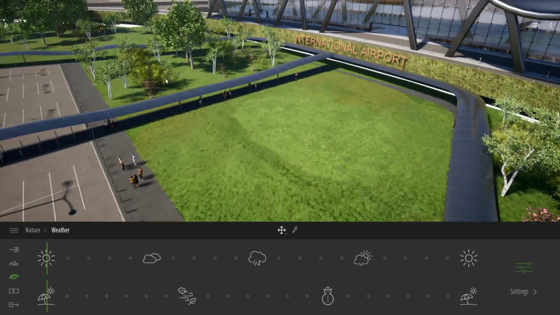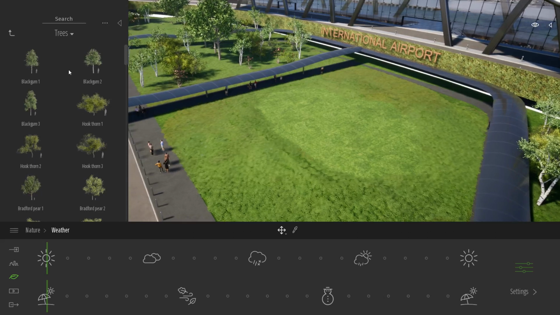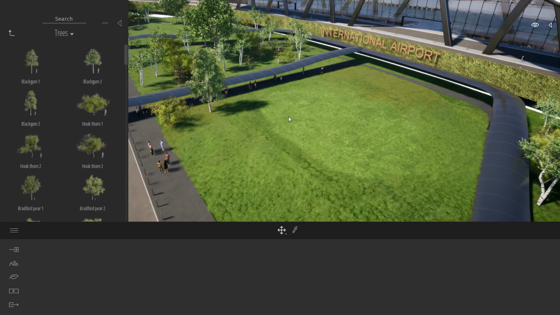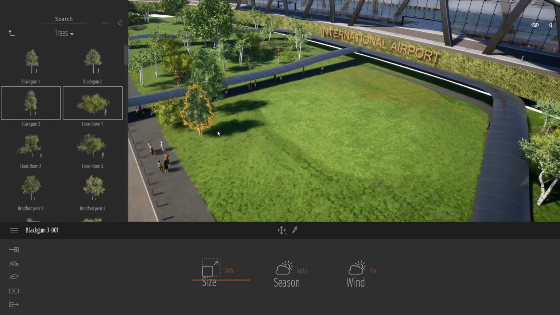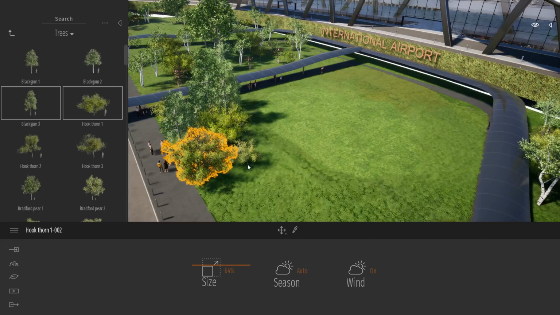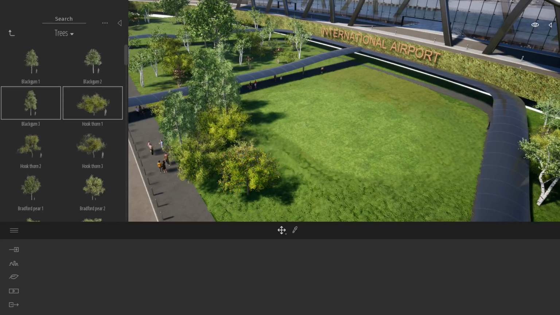While all those trees here have been automatically replaced during this synchronization, we can also add more trees directly from the Twinmotion library. So we just open up our library, go into the tree folder, and drag and drop some assets from the library to the viewport. I can also do a multi-drop. If I select, for example, this one and this one, each time I click in the viewport, this will randomly add one tree from my selection. And because it's in the tree folder, it will take a random rotation and a random scale, so you won't